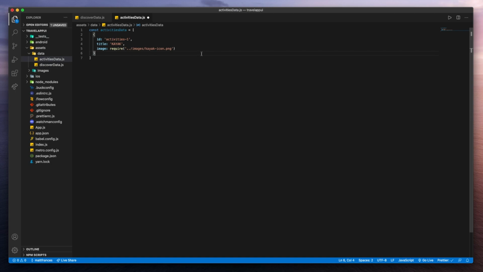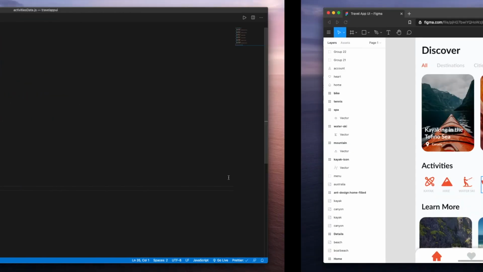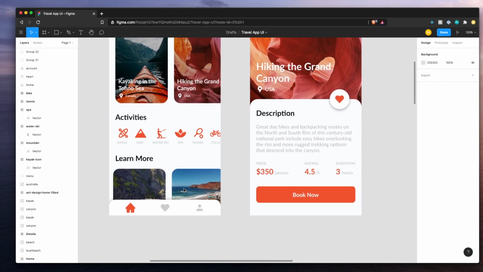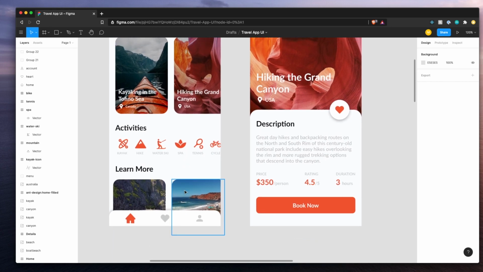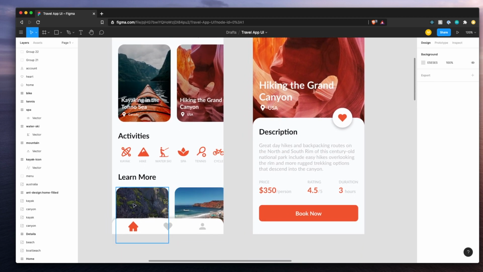So once again, you can find the rest in the source code. I'm going to go copy paste them. Now, as usual, let's export default activities data. Awesome. So the next data we're going to need is going to be, let's see, the learn more